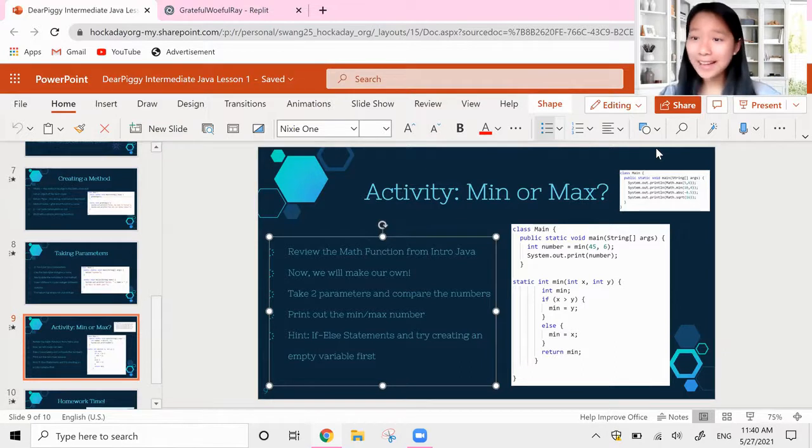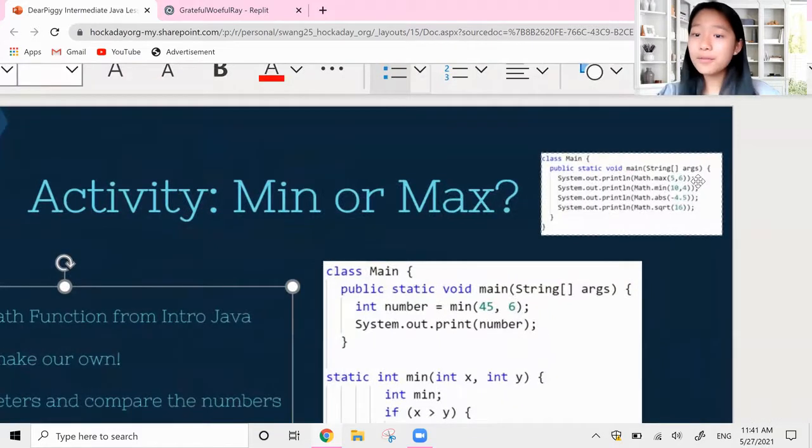Guys, and welcome back to another video in this week's Java tutorial. Like I promised, this video is going to be kind of a quick project. We're going to learn how to create our own function that can find the minimum and the maximum of two numbers. If you can recall in our Intro to Java videos,